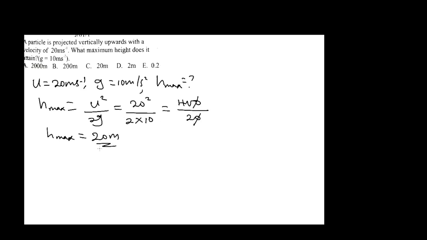So 40 divided by 2 gives us 20. So the correct answer to that question is going to be option C. 20 squared is going to give us 400, and then we have 2 times 10, that's 20. So this and this would cancel, so we have 40 divided by 2, and that will give us 20 meters. All right, so if that should be the case, now we can move to the next question, and that will be question